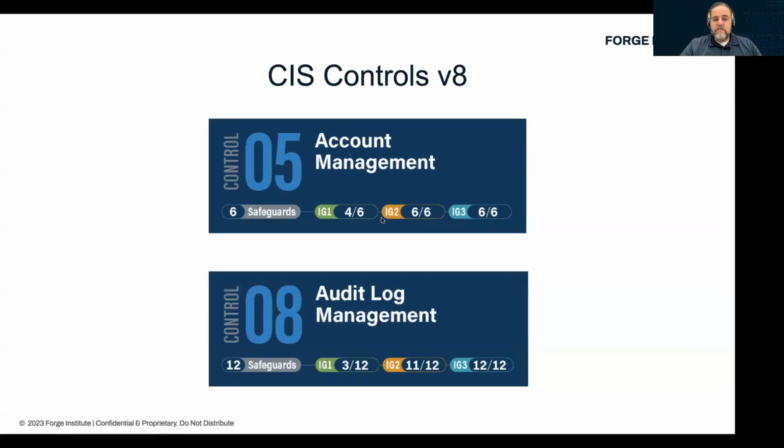And so account management is going to be heavy on the front end because that's a very important foundational thing. But if you look down at audit log management, there's 12 safeguards. Only 3 of those are recommended for implementation group 1. But as you get to IG2 and IG3, that's where we get to 11 and 12, the complete set of those safeguards. So just keep that in mind as you're looking at the CIS controls, that those safeguards are a little bit more analogous to a control itself when we're thinking about this from a bigger picture of things. So it'll be a little bit confusing, but don't get too wrapped around the axle on what somebody's calling these, and look for the content itself.